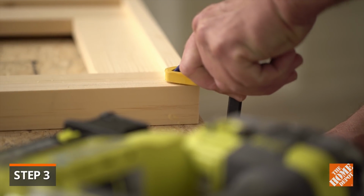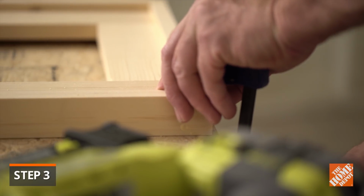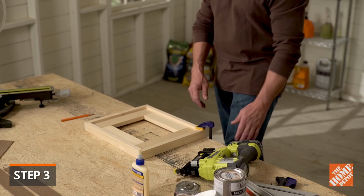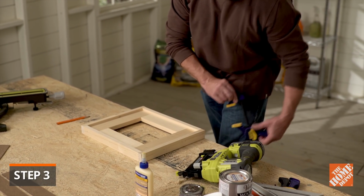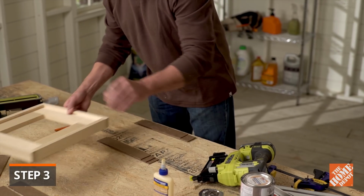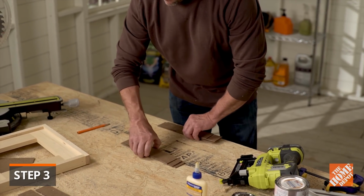Align the outer trim pieces. Clamp each joint as you go, and attach the outer frame to the inner frame using glue and the nail gun. Then, remove all hardboard pieces so that they don't accidentally get glued to the front of the frame, and allow